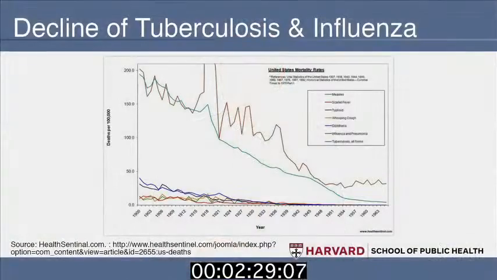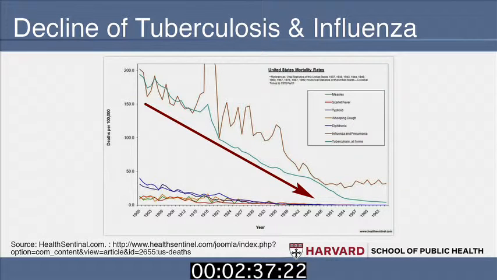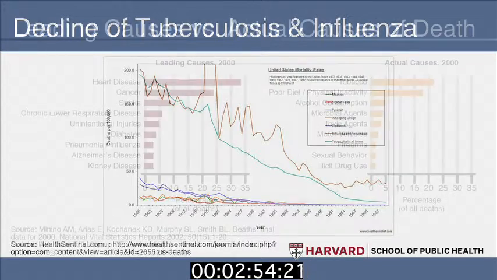Just to hit again on the theme of the decline of infectious disease, here you can see the decline in tuberculosis and influenza. Again, this goes from 1900 to the late 1960s, but you can see all of the infectious diseases, particularly TB and influenza, have had significant declines. And this provides some of the data behind that dramatic shift that you saw from the prior slide.